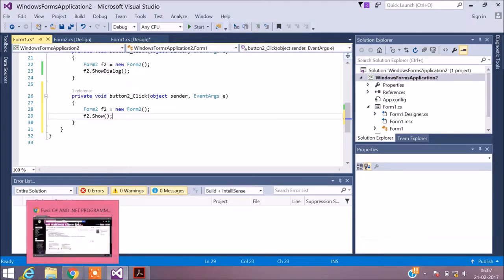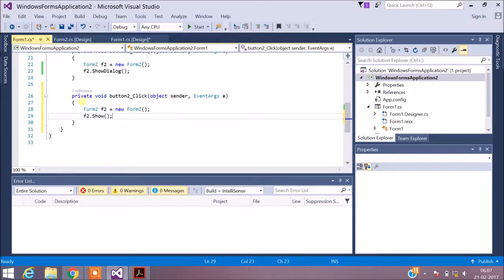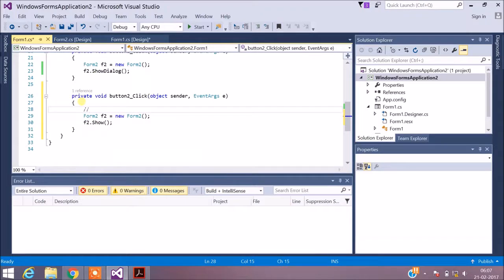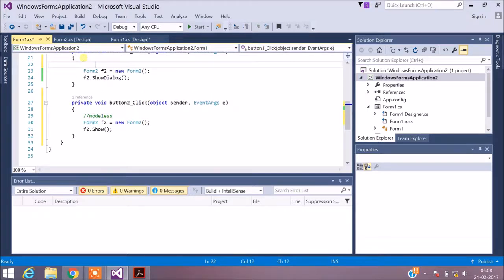So this is for modeless. The Show function is for modeless, and the ShowDialog function is for modal. I have saved this. Now I'm going to run this program.